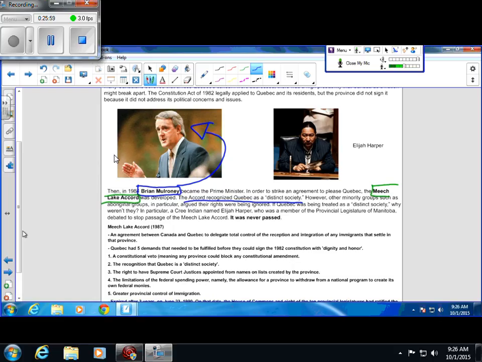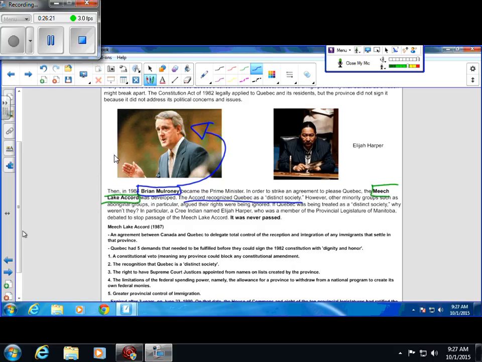Okay, so what does that mean? You may be wondering, what does that mean? Well, it just means that Quebec will be recognized as its own nation, own country, own sovereignty. They're different. They have their own culture, economics, influence, political views. They're just different, but still part of Canada. That is what it means. Okay.